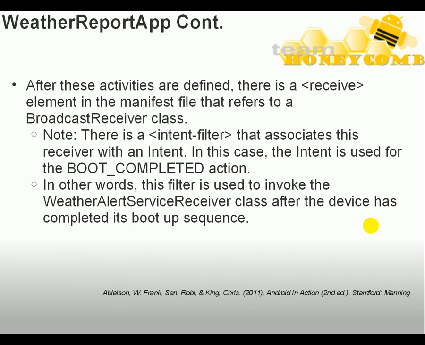After these activities are defined in the manifest file, there is also a receiver element in the manifest file. That receiver element refers to a broadcast receiver class. There is an intent filter associated with it, and the intent that pairs up with the intent filter is mainly used for the boot completed action. In other words, this filter is used to invoke the weather alert service receiver class after the device has completed